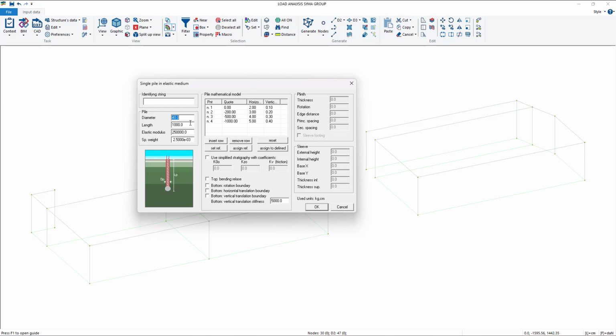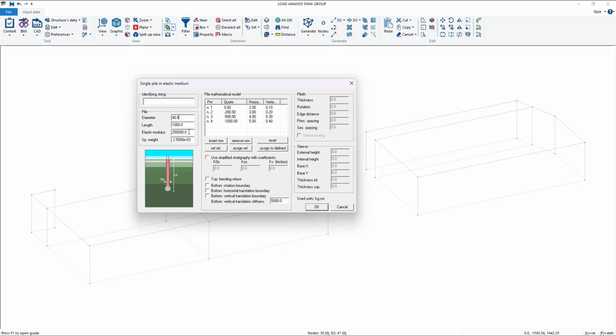First of all, we have to define the diameter, the length, and the elastic modulus, which of course should be the same as the material, because you cannot assign the material to the pile. The pile later is going to be assigned to a single node, and the node has no material.